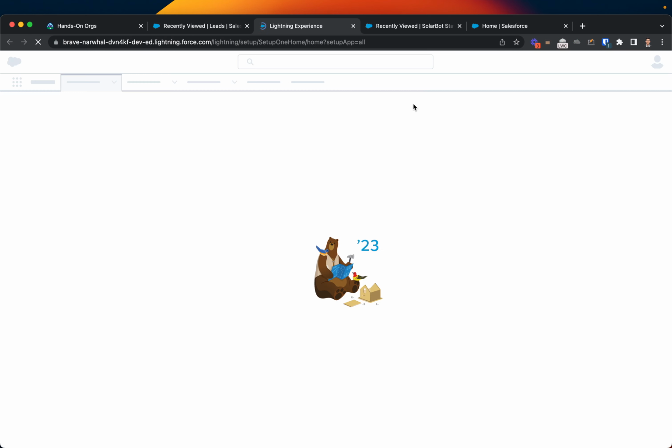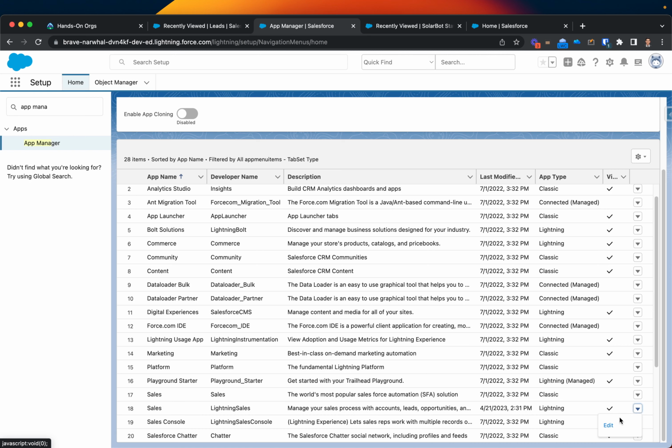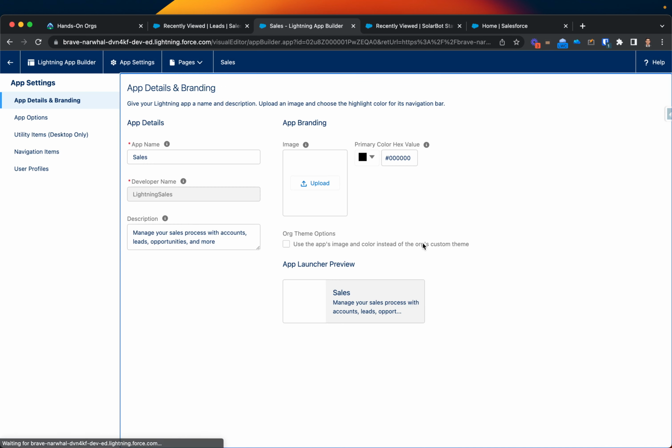I click Setup, look for App Manager. Let's look for the Sales Lightning app. Click Edit. And here is where you create your custom app, but on an existing one it's currently utilizing the